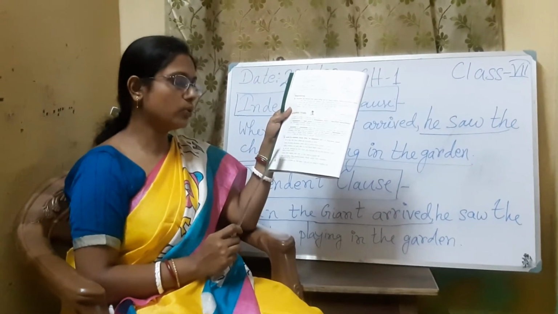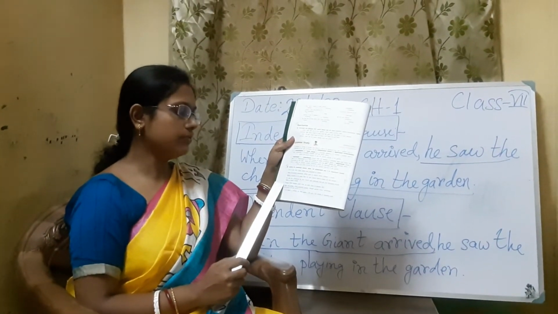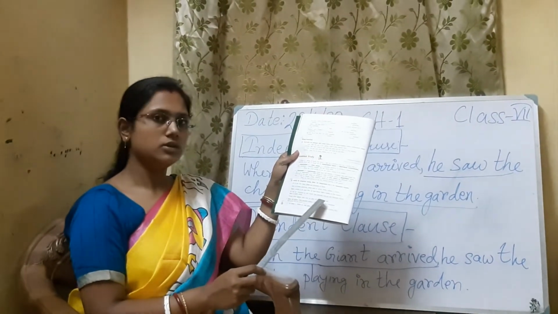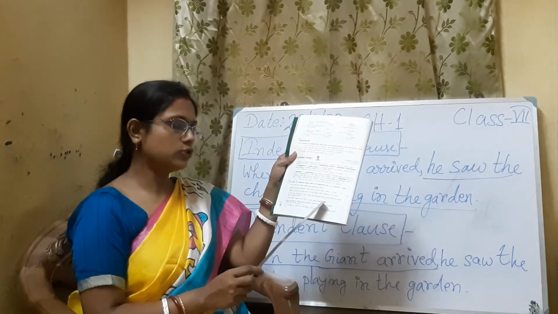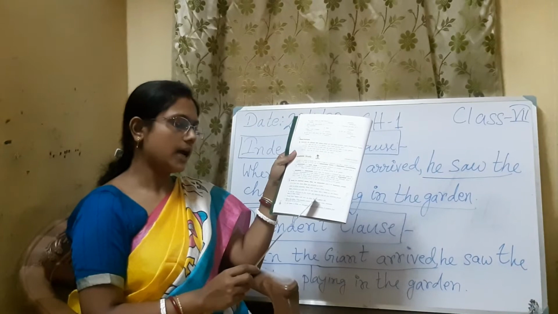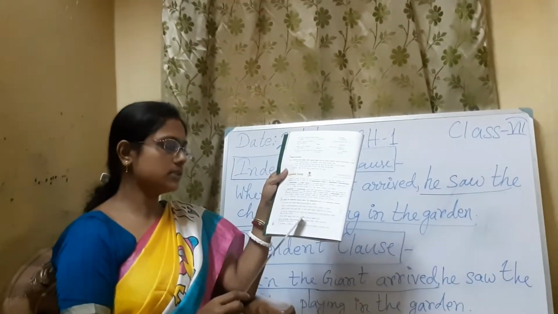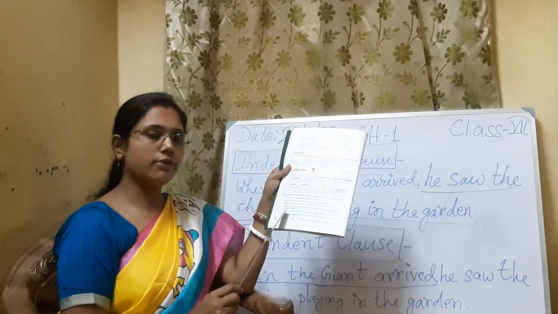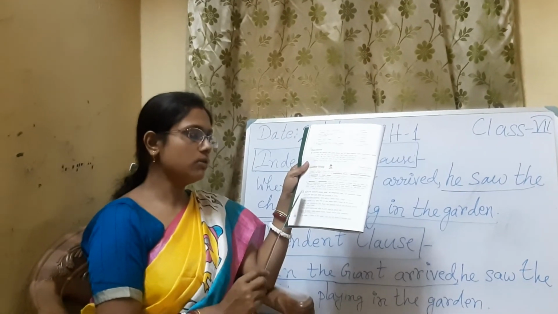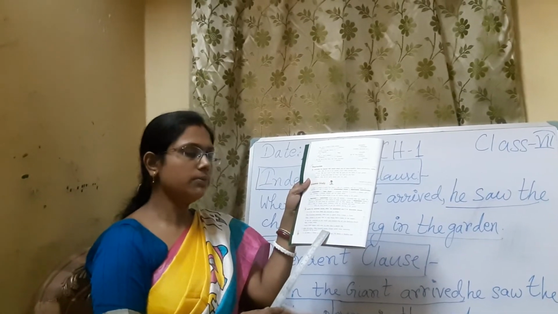Though you may see that 'though' is given. See question number 5. Though Wild worked quite hard, he often liked to appear idle. So here, he often liked to appear idle. Here the subject is given, the verb is also there, and the meaning is also clear. So it is not necessary that because 'though' is here, you have to mark it as dependent. It is an independent clause. So like this, you have to understand and solve this properly in your book.